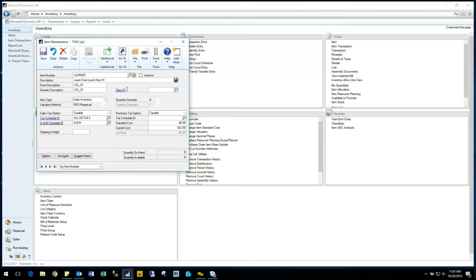The other thing, when we are creating those new items, if we don't want to copy the item assignments, site assignments, we can actually do that now through